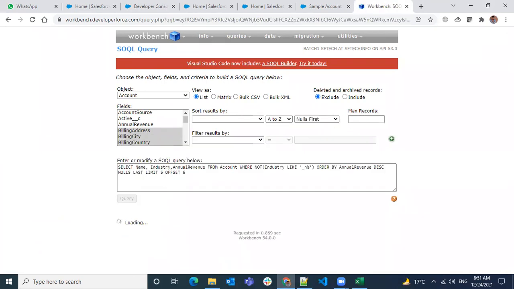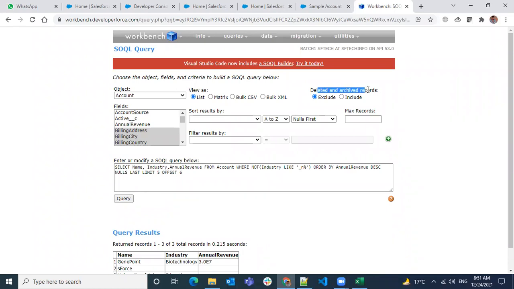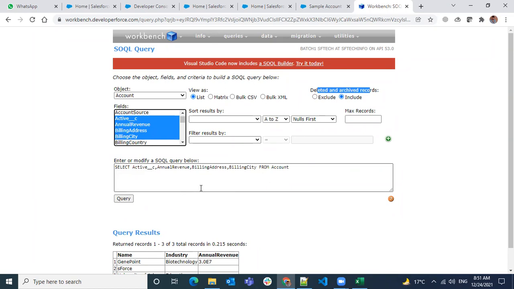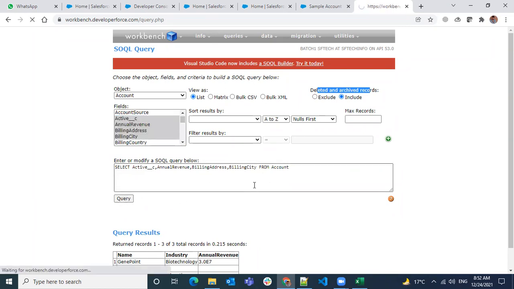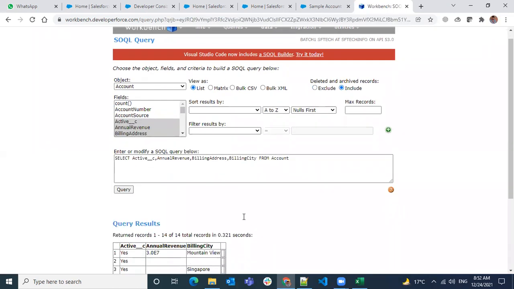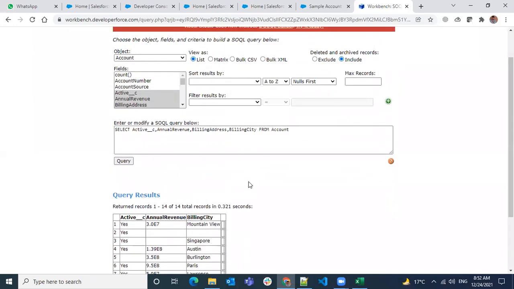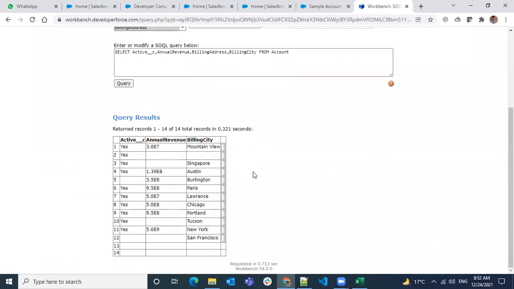You can see here Deleted and Archived Records: exclude or include. By default it is exclude, and you can also choose include. And query, 14 records. Now we have a trick to see which are deleted and which are not.